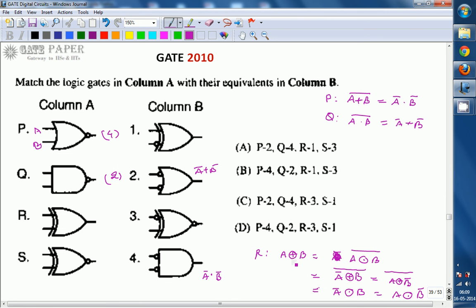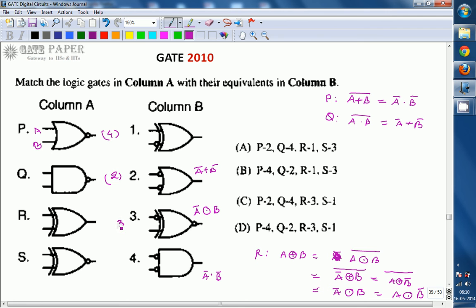So A XOR B is equal to A bar XNOR B, otherwise A XOR B is equal to (A XNOR B) bar. So here you are going to get A bar XNOR B. So R is going to be matching with 3.